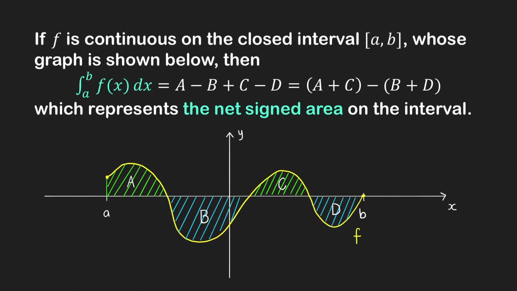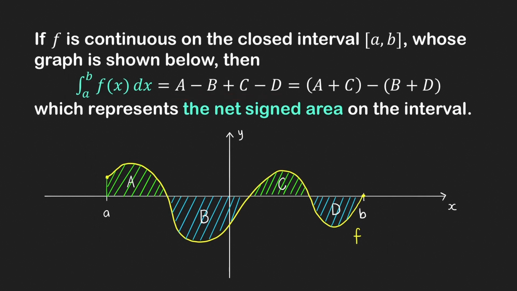If we know the areas of these regions, let's say the area of this is A, the area of this region is B, the area of this region is C, and the area of this region is D, then the value of the definite integral is just equal to A minus B. If the region is below the x-axis, you have the minus sign, and then plus C because the region is above the x-axis, and then minus D because the region is below the x-axis,